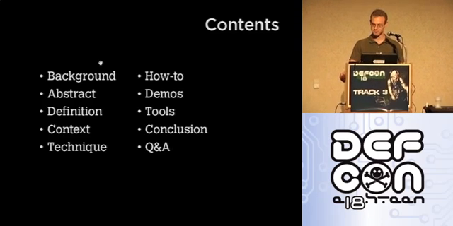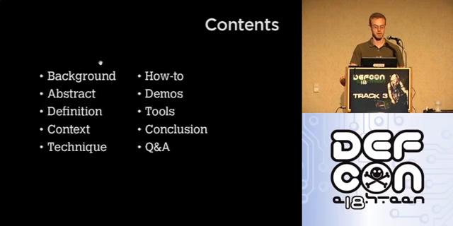A little bit of background. The contents of this talk are going to be a little bit of background on me, an abstract of what format strings are and how you exploit them, a definition of the way in which C functions are made vulnerable to it, and context in terms of old, current, and new attacks. I'm going to show you my new techniques for exploiting them and go through a couple of demos before actually showing you a couple of full exploits, popping root shells without doing any work. Then I'm going to show you my tools and how I do it, finally leading to